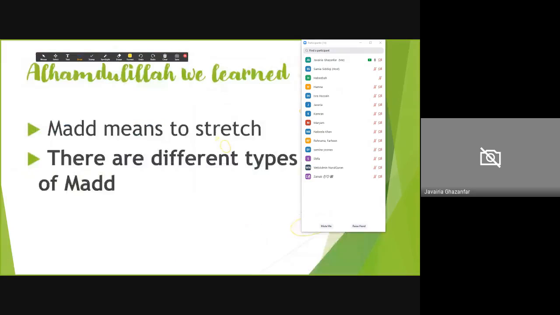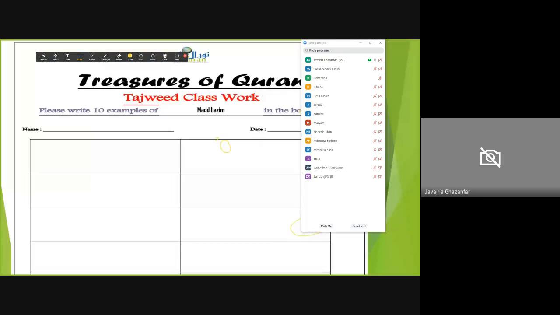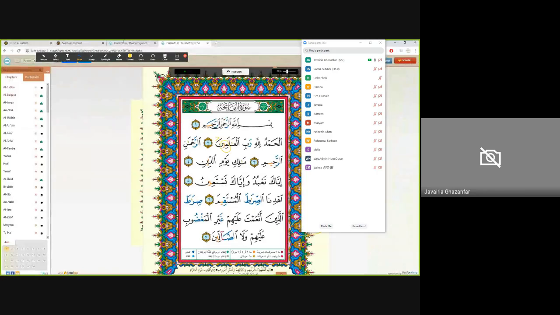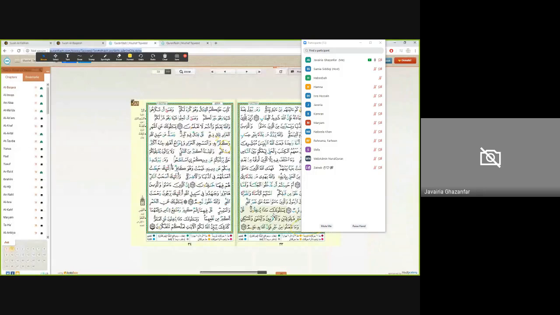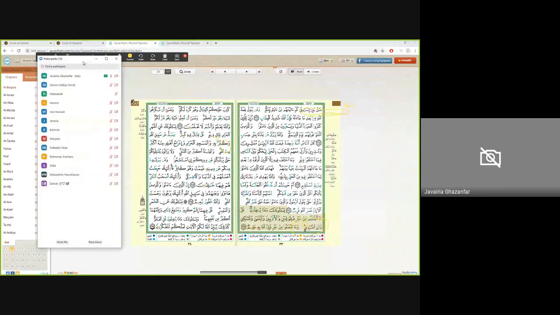And don't forget to take a piece of paper and write a few examples. So open up your lesson from where you studied today, maybe the 15 ayah. You can go there that you did today in class, and you can see here it's all color coded, so you can even see there are things identified, and you should be able to say what's happening there.